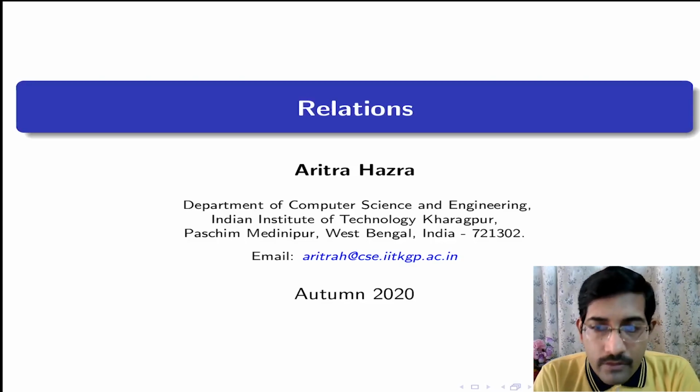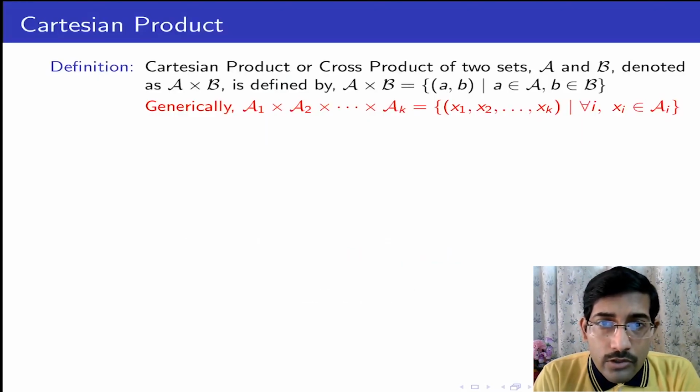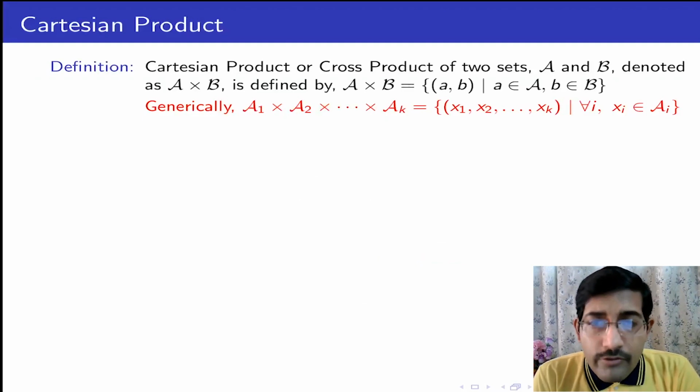Hello everyone. In the last lecture, we defined sets, which are well-defined collections of distinct objects, and we have seen that sets act as a primitive algebraic structure over which we can reason about different types of properties. In today's and the subsequent lecture, we will see how we can define certain operations or relations within those objects, what they mean, how we can define certain ordering of those objects and how we can relate them.